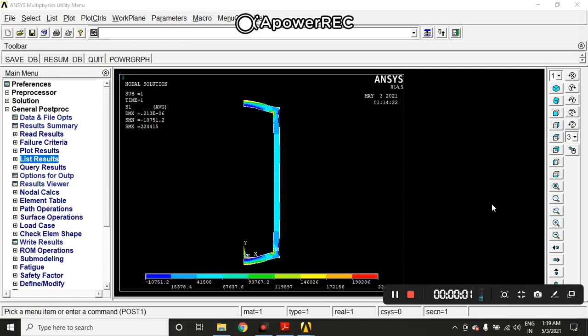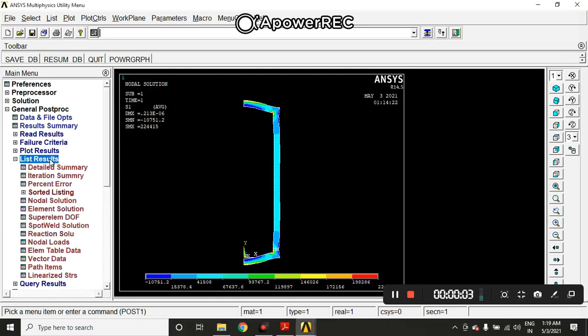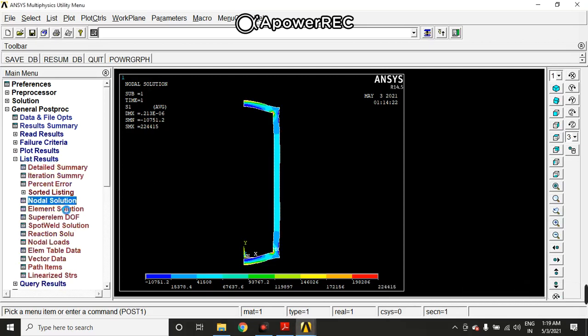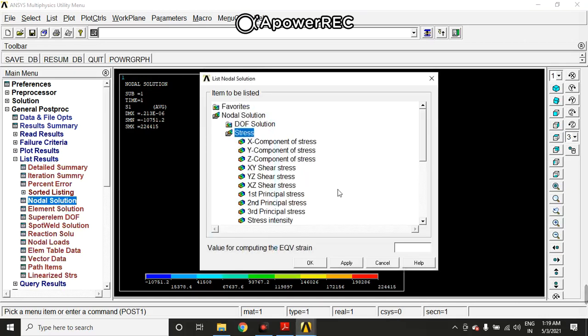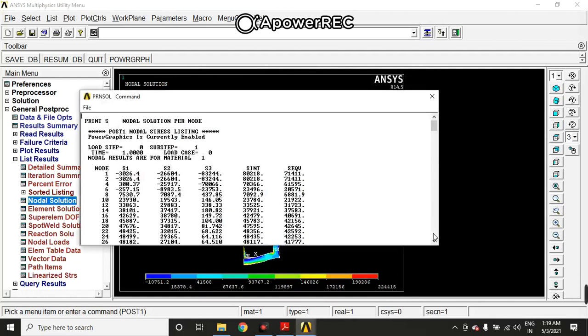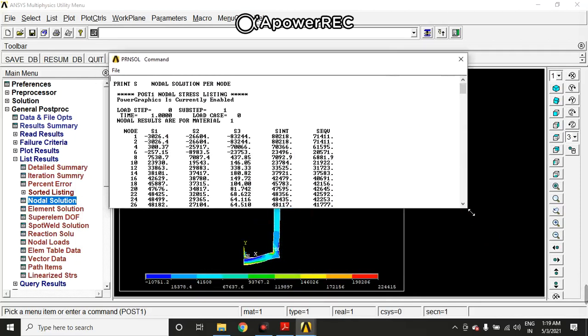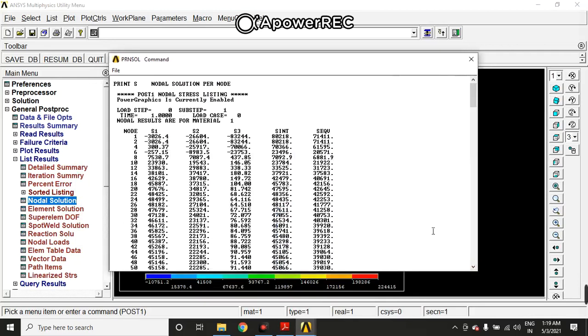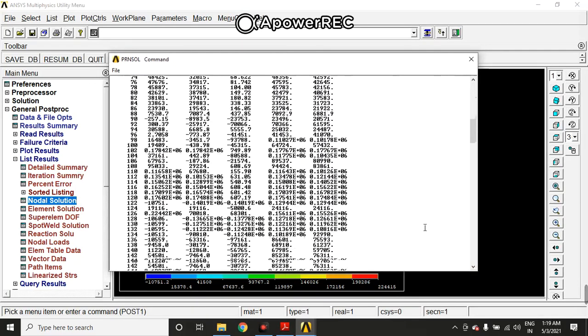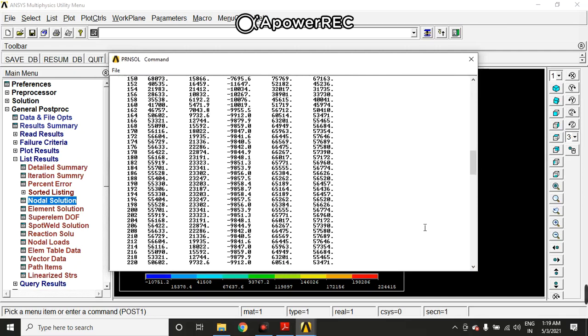Now to get the list results, we'll click on list results, nodal solution, stress, click on first principal stress and click on OK. You will have a new window which shows you the stress values at different locations.